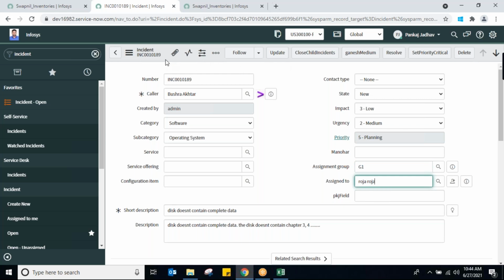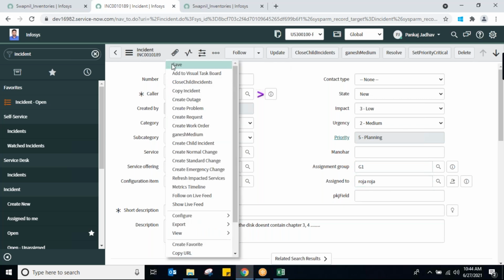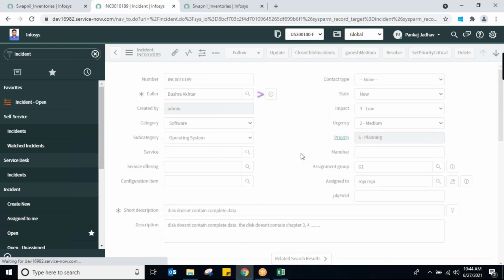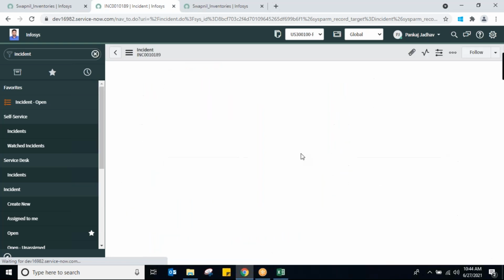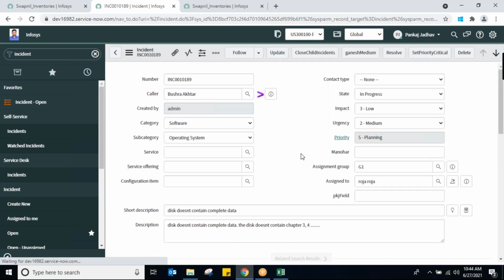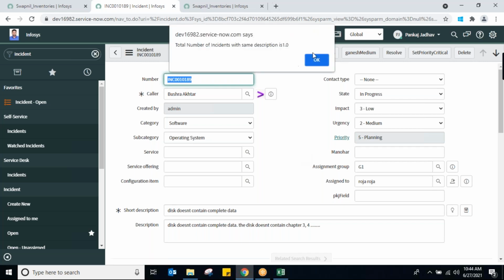And then here also I can either save or click on update. If I click on update, it will throw me back to the list view. That's the reason why I'm clicking on save. Now,